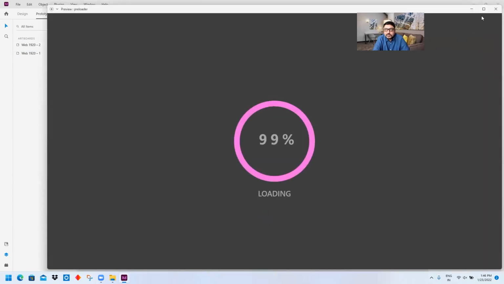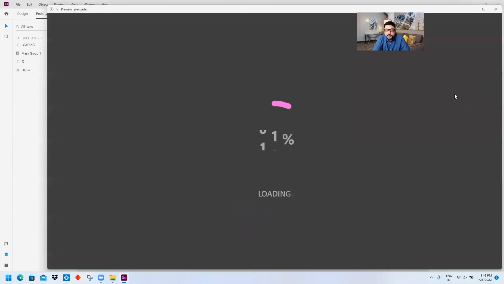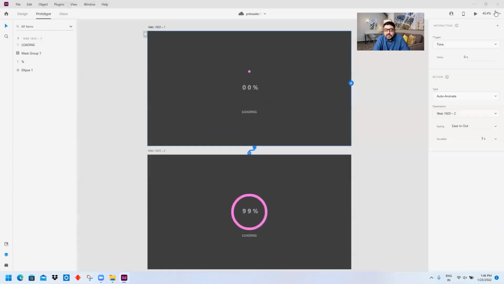Great. So it immediately worked like that. So oops, we did a small wrong thing. Okay, just let me see. I've given a very small second. It should be 5 seconds. Okay, and let's see how it works. Lovely. See, as soon as the ring completes, it is 99% and loading.